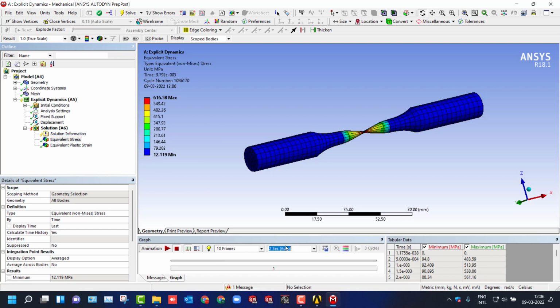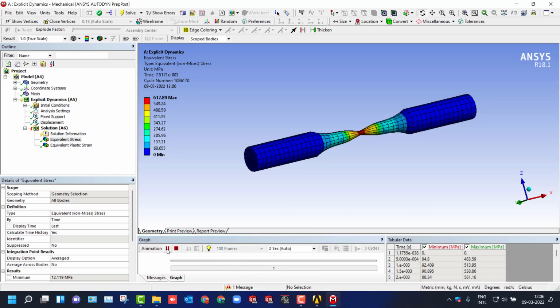Now if you want to animate it, you can use the auto framing option. You can set up the time frame and play the animation. You could see how the necking takes place, and once the necking comes into account, you already know the entire structure will collapse or fail at this location.